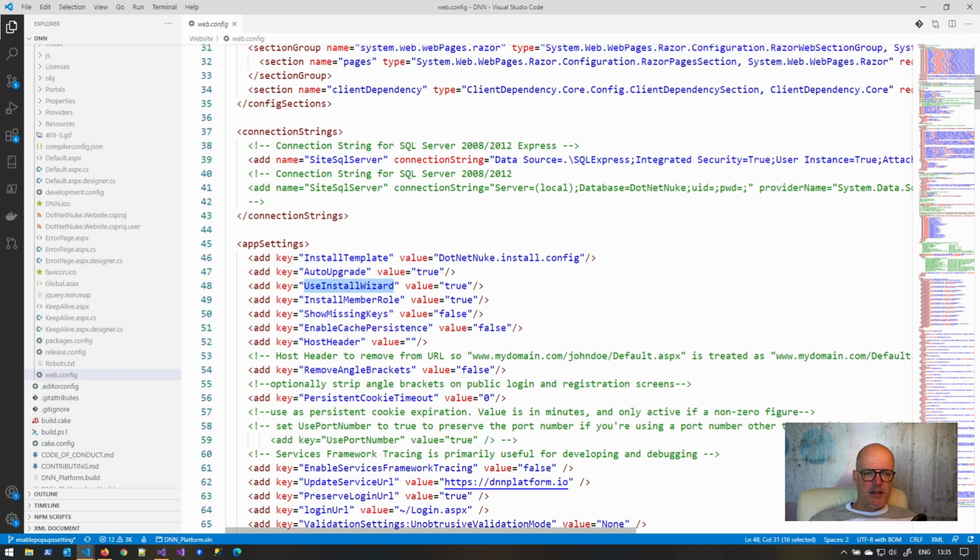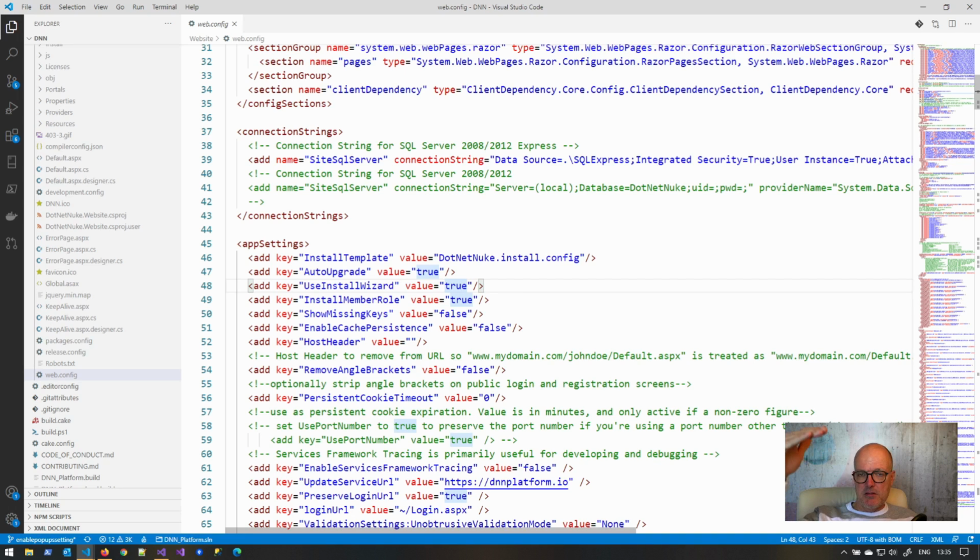If you set that to true, then when you first load up DNN, it will bring up the wizard and you fill in all your variables, and it will install a website in this nice step-by-step fashion. If you set it to false, it works the way it used to work in the past,